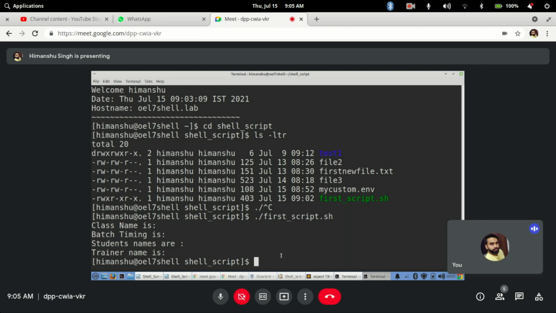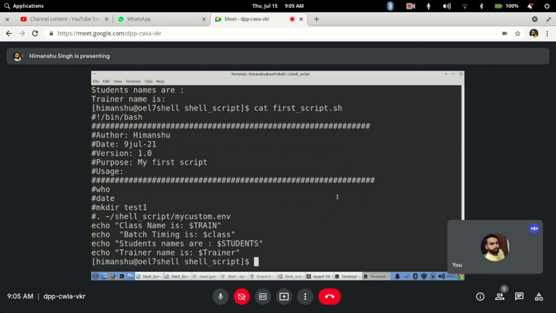Global values in multiple shells. See, export is more useful when your script is calling multiple scripts. Right now we have done only one script. Let's say my script has a child script, which calls another child script. Each script will run in its own bash shell. In the example I showed you, x was defined as 10 in one shell, but when I went to the next shell that value was not there because it was local.